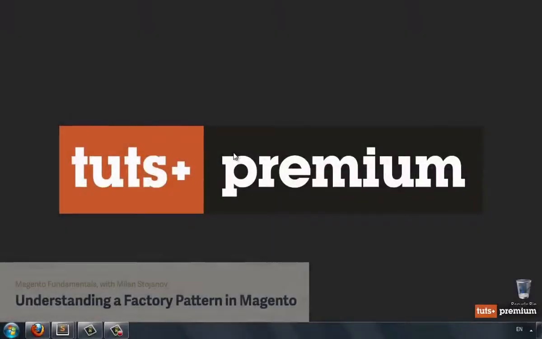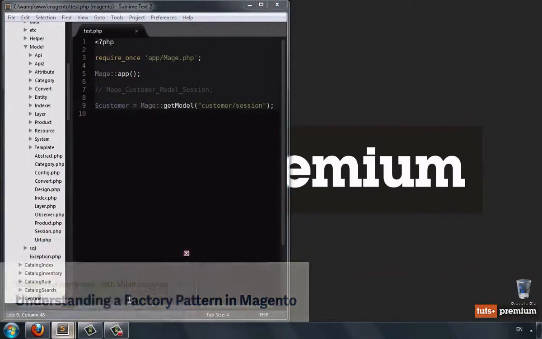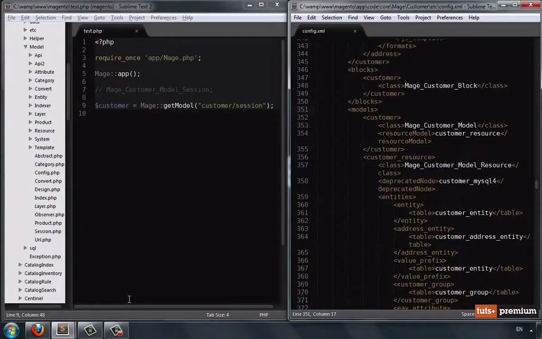In the previous lesson, we covered a lot of things, and one of the most important for this lesson is to understand the autoloader, because it's just the first half in learning how objects are actually instantiated in Magento using the factory pattern. As we said, the right way to instantiate the Mage customer model session class is through the factory method getModel with passed URI